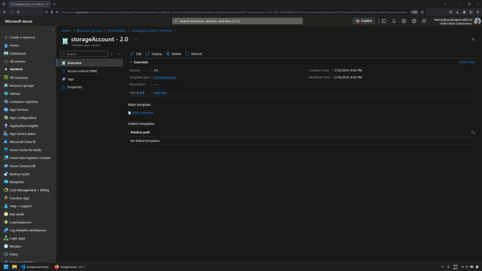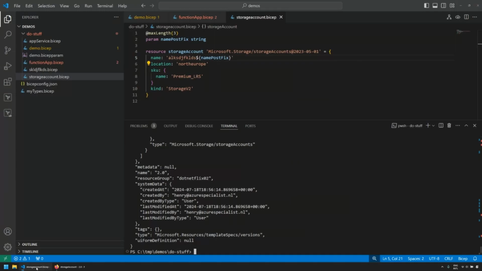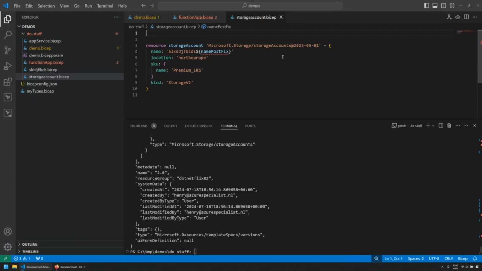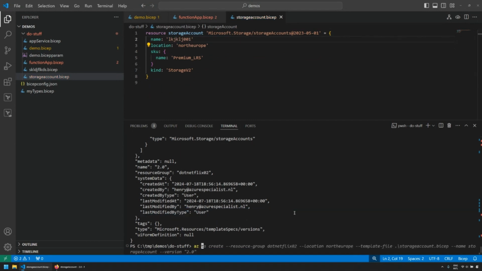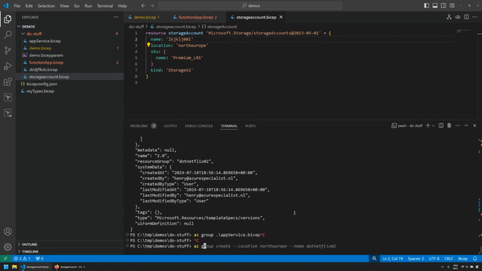Yeah, sure. Let's see if we can make that work. Okay, so I still have this storage account thing going on here. Let me remove the parameter and let's give it a name, which is unique this time, 001. And I'm going to create a new, why is this tab completion thing not working?